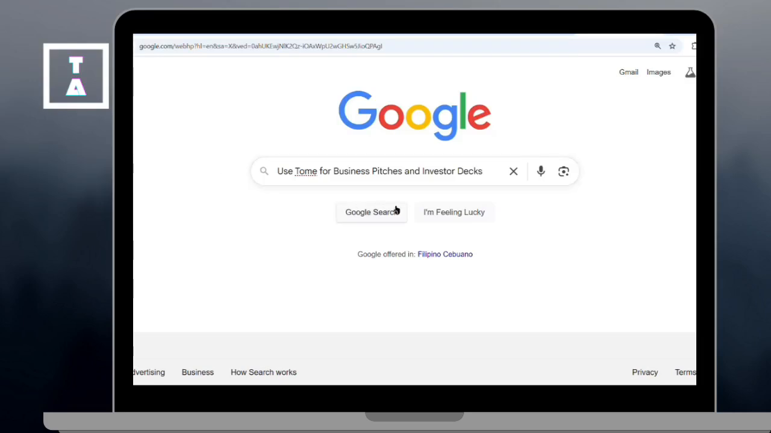Hey everyone, today I'll show you how to use Tome AI to create business pitches and investor decks quickly and